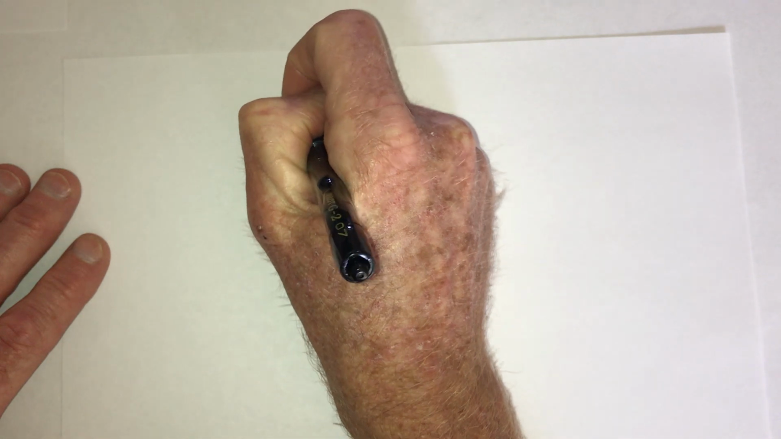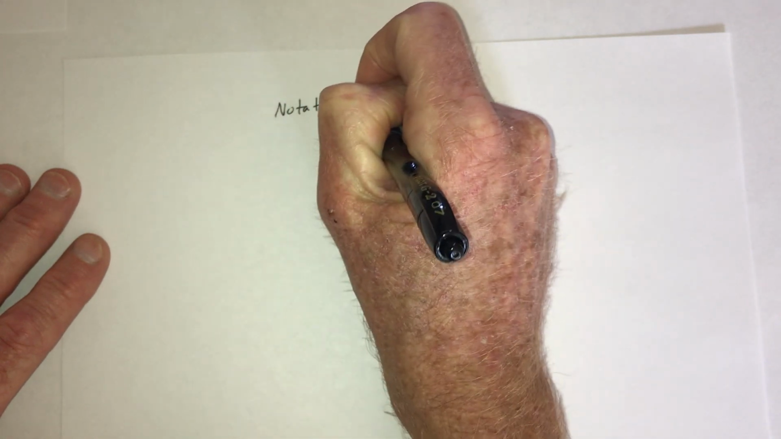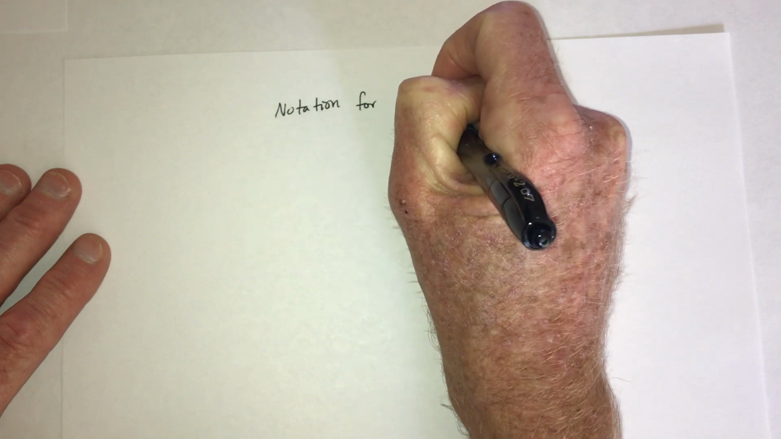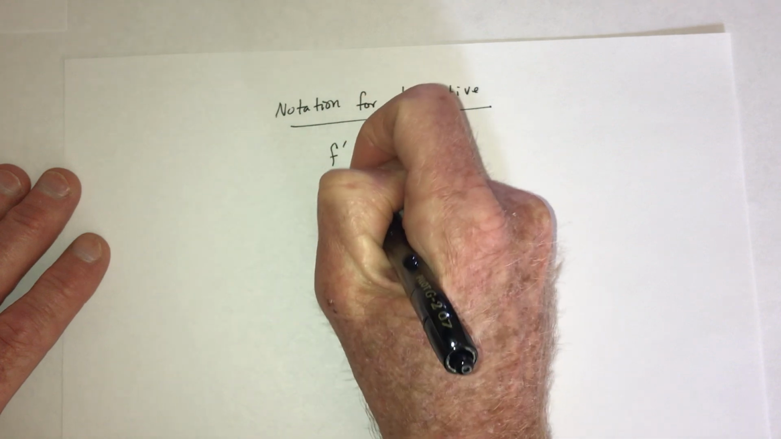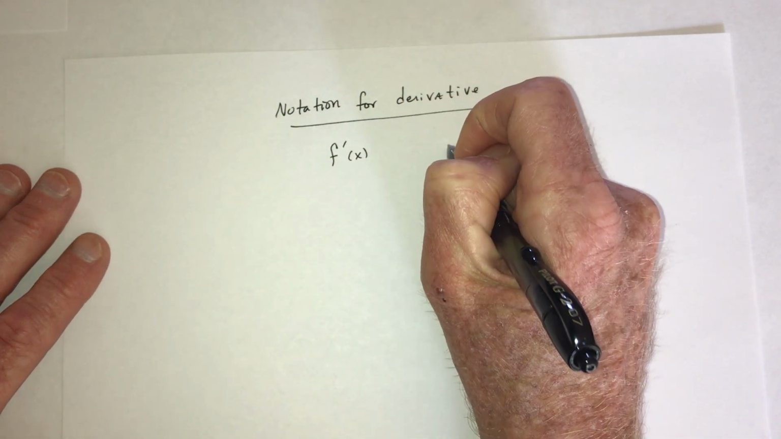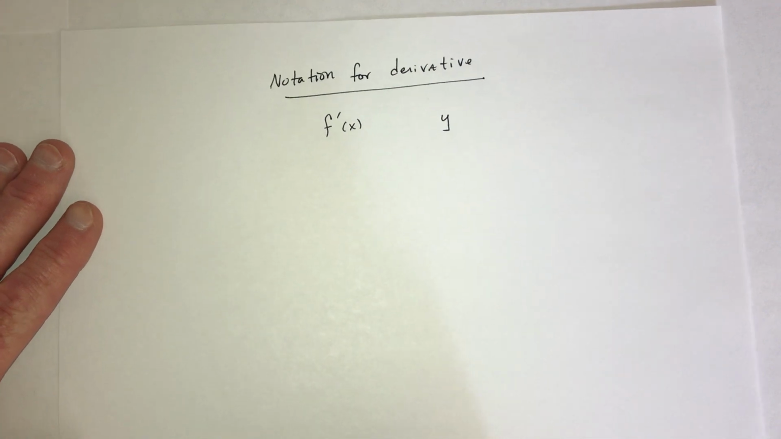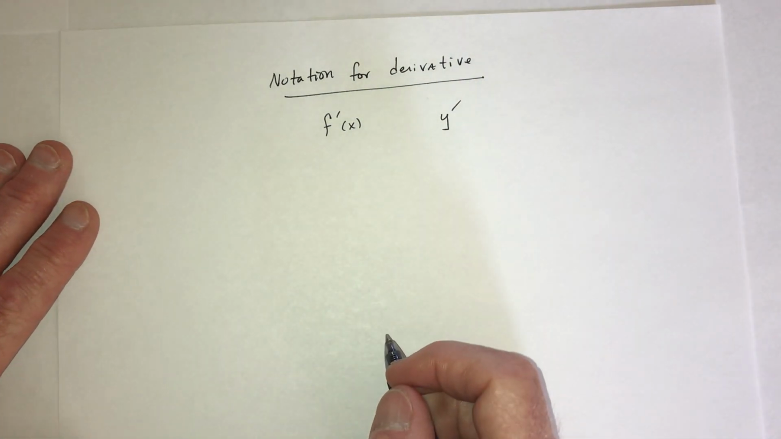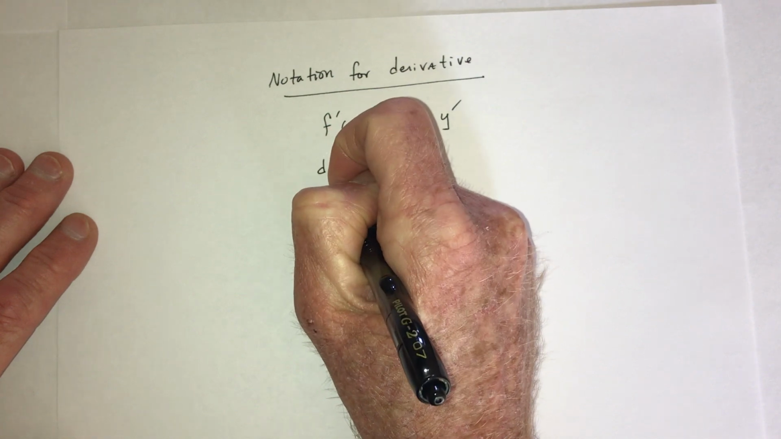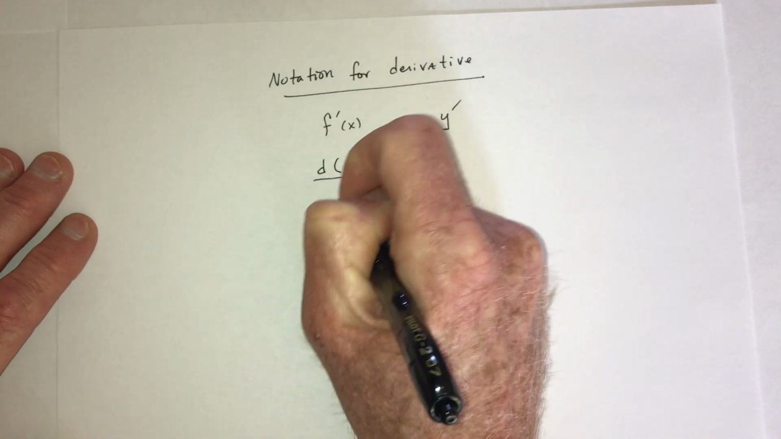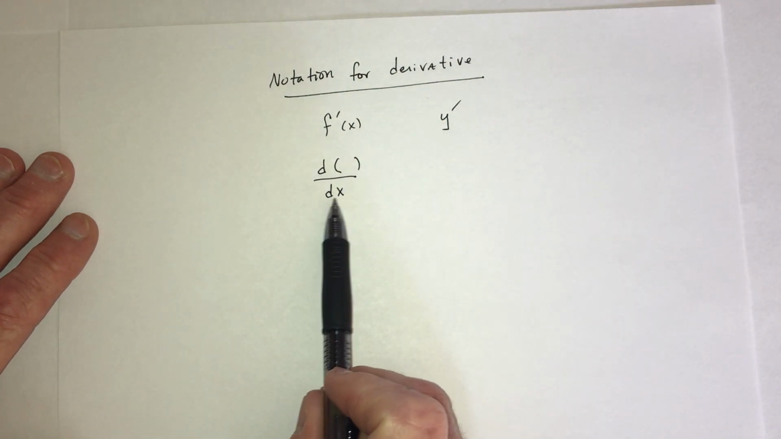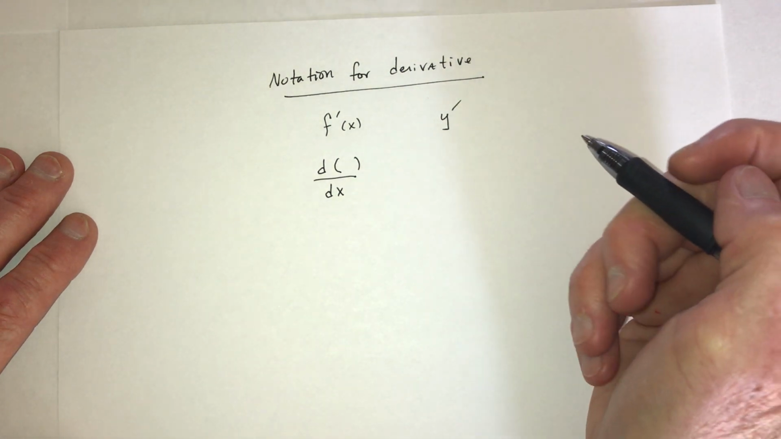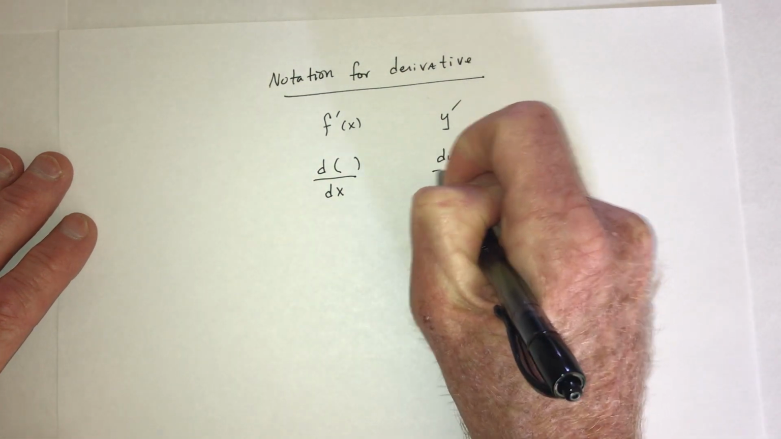Now back to that notation. So you can use the prime notation, f prime of x, or sometimes the function is just y equals something, so the derivative would be y prime. You can also say the derivative of some function with respect to x. So this is saying the derivative, and then this is saying that the variable is x. You could also say dy dx,